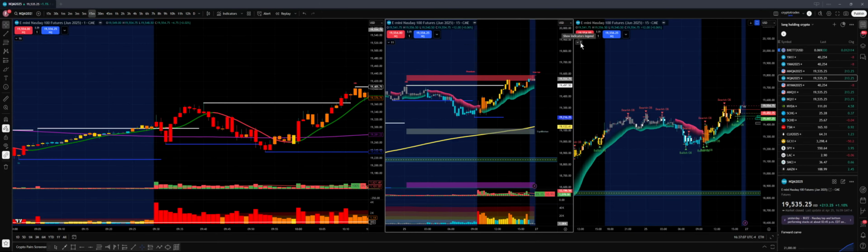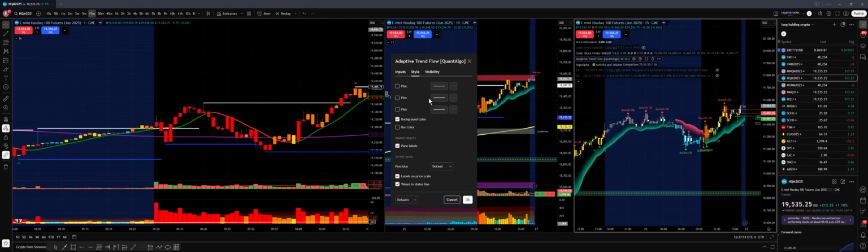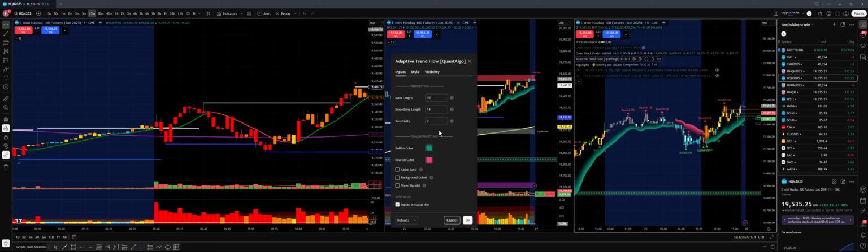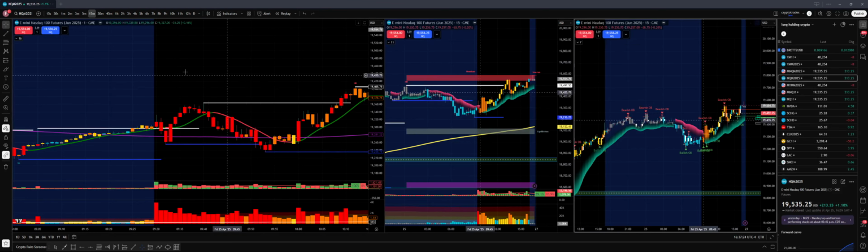And then I go over to the other 15-minute chart. This is also a 15-minute chart, and I changed that one to 10, 14, and 2. So here you go with that 10, 14, and 2. These are the adaptive trend flow settings. Then I have it on this 1-minute chart, the settings for this one